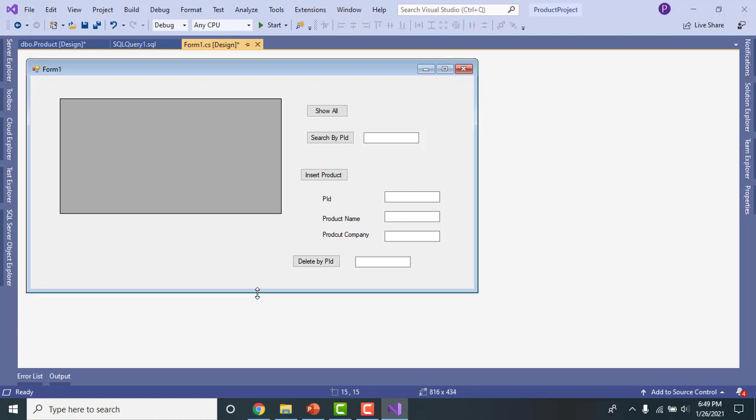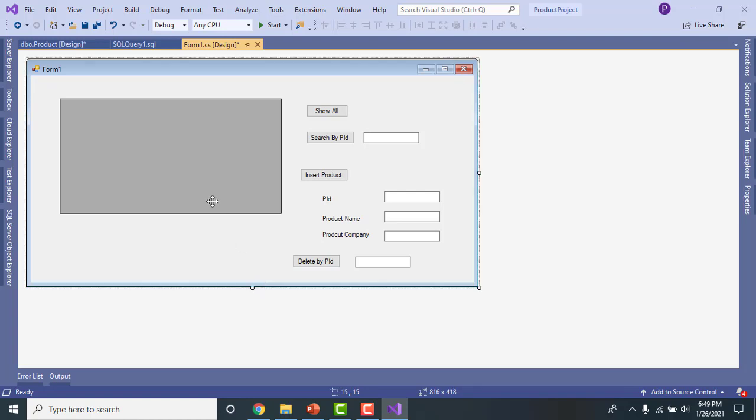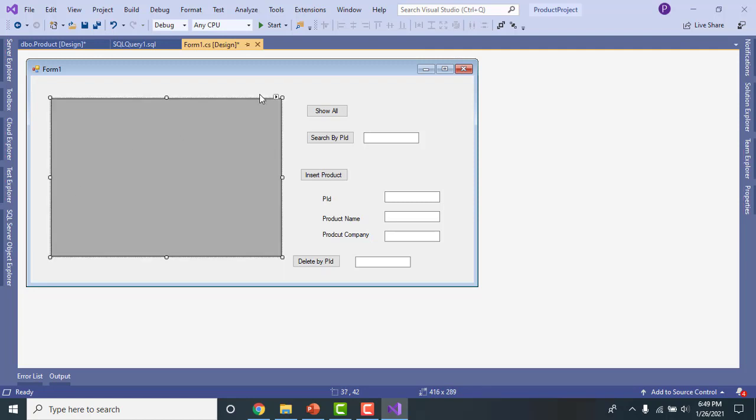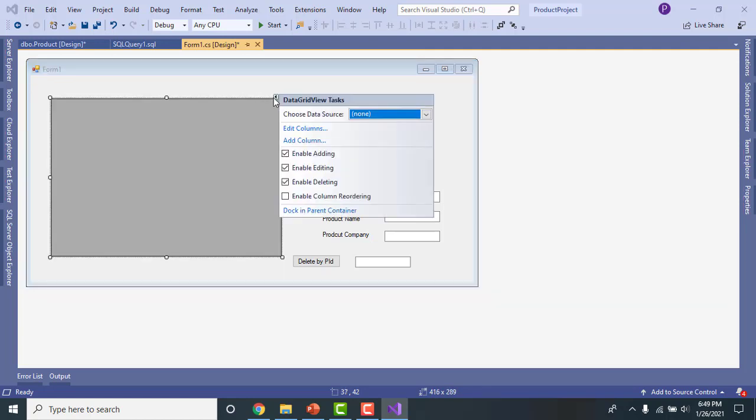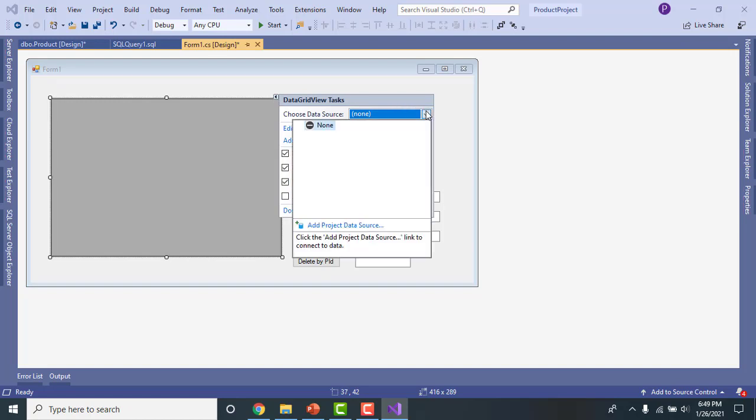Now the GUI has been completed, but next I need to populate this data grid here. For this purpose, click here and click on the none here. So you cannot see any sort of data connection here. So you will click on that particular connections here. But